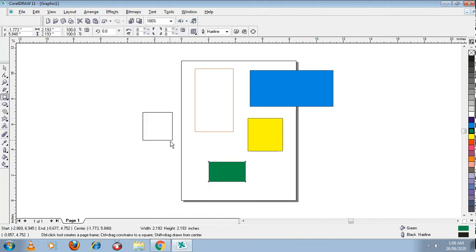Square I'm drawing with the control button. See now, it is coming in green color. Then how do I remove this default color? This has become a default color now. How do I remove it? Just have to again select the pick tool. How to select the pick tool? I'm just pressing the space bar. Is the pick tool selected? Yes, it is selected now.